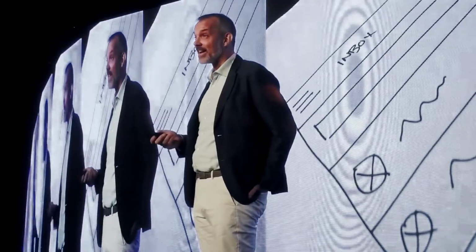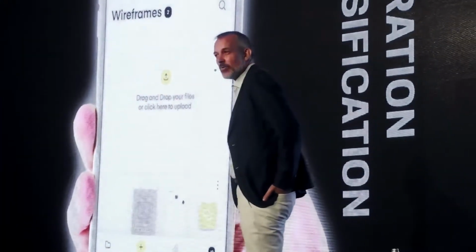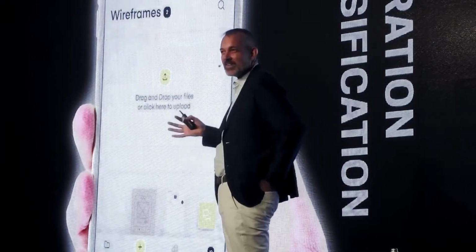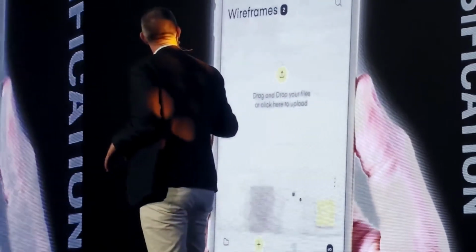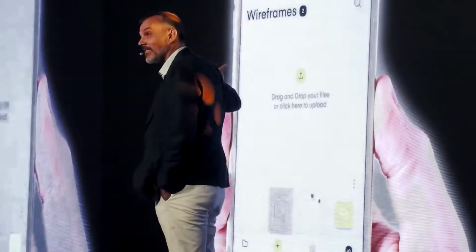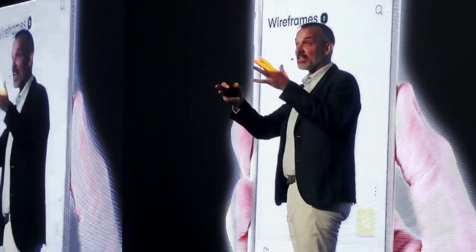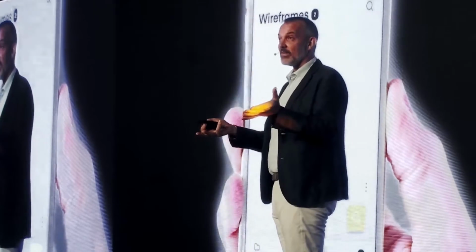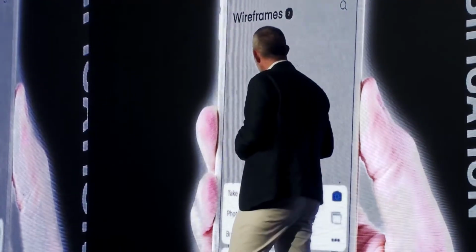There are a lot of projects like this right now. I'll show you one called Wizard. I think it's Wizard, U-I-Z-A-R-D, UI, like GUI, Wizard. You decide. Wizard.ui.io, excuse me. So this is an example of both classification and generation. I promised I'd show you some generation, which is the idea that the machines can make something themselves, generate their own work. So in this case, this is a web app, and I just take a picture of this sketch